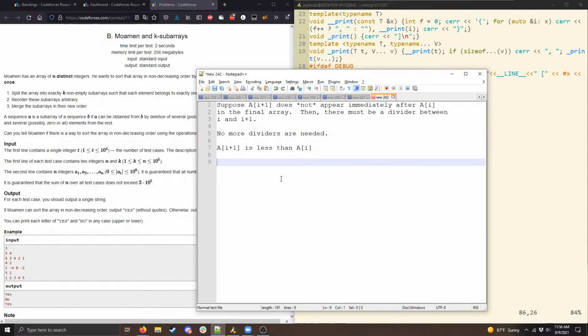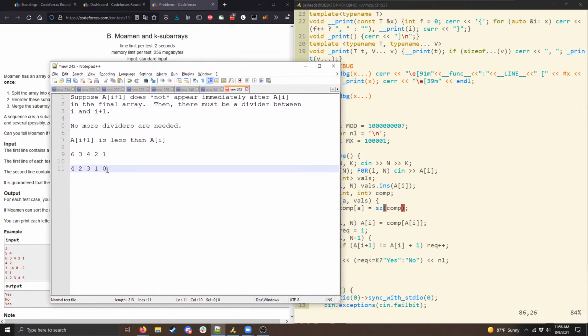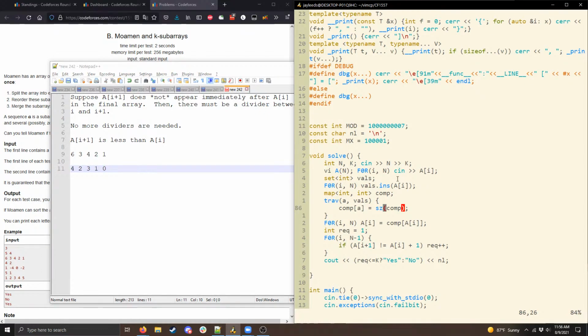And so, for example, in our input array 6, 3, 4, 2, 1, that ends up getting transformed to 4, 2, 3, 1, 0. Because 1 is the smallest value, it gets 0. 2 is the second smallest value, it gets 1. 3 is the third smallest value, so it gets 2, and so on. And so after I compress it,